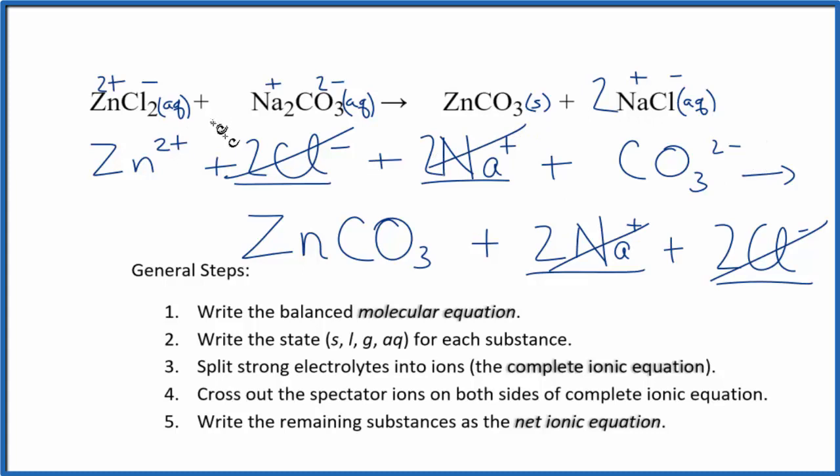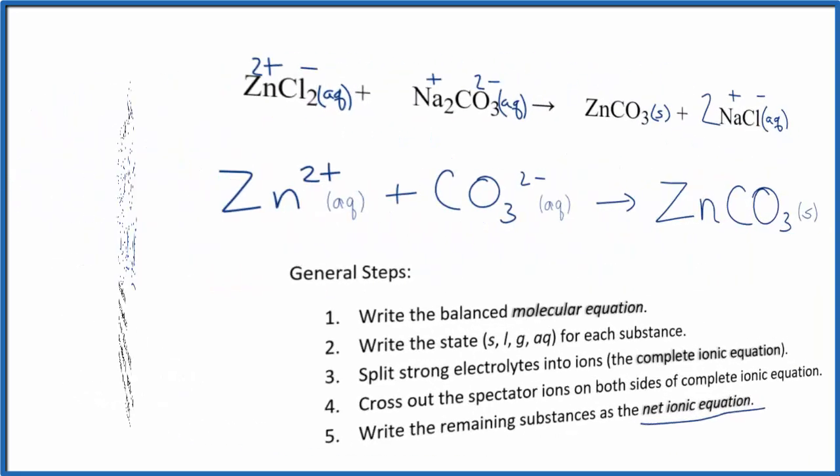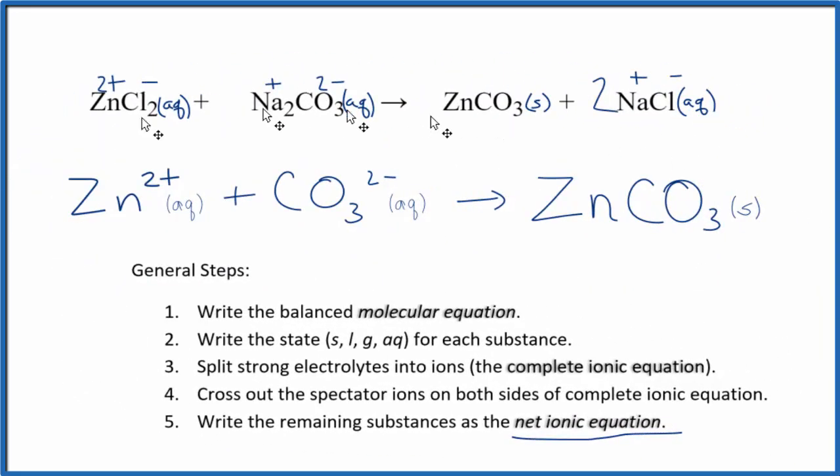Everything else is unique. So this gives us the net ionic equation. We have our Zn2+, our carbonate ion, and then ZnCO3, which we said is a solid. So this is the net ionic equation. Let me clean it up and format it nice and add the states in. And this is our net ionic equation for zinc